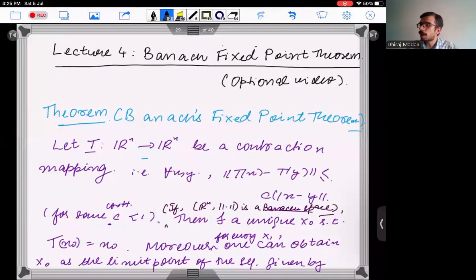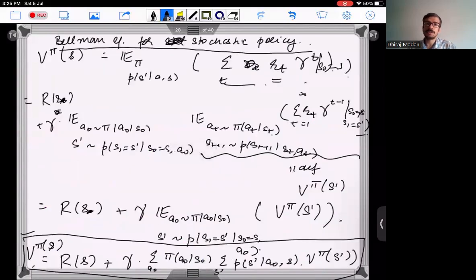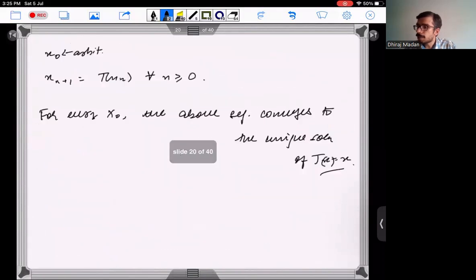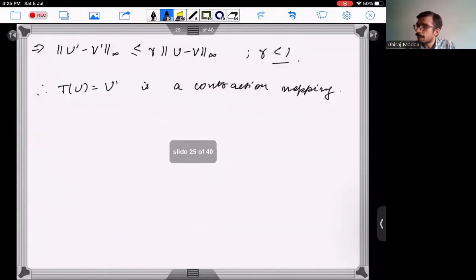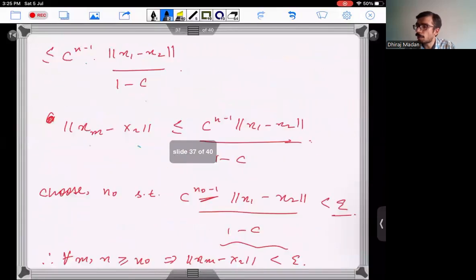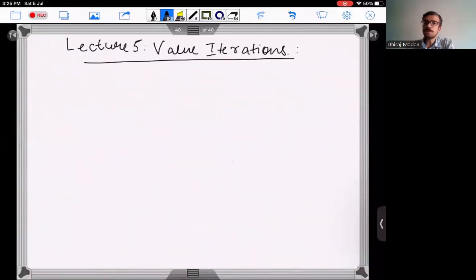And yeah, so there was also an optional video we did wherein we tried to prove the fixed point theorem, which we also used for proving the convergence of our iterative algorithm. And one thing I also want to emphasize, which I haven't made very explicit, but I think many of you would have already understood, is that if we write down the Bellman equation for a given policy,